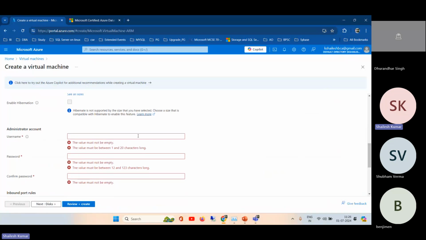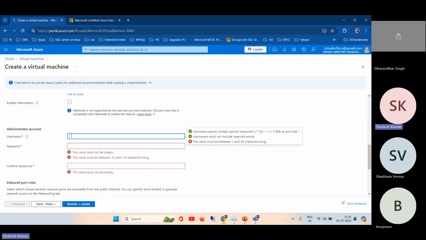Then we have the account for logging in to the VM. We can use the same name, DP300 VM, as the username. Let me note it down, it will help later. I'm writing the same name because it will help in troubleshooting.